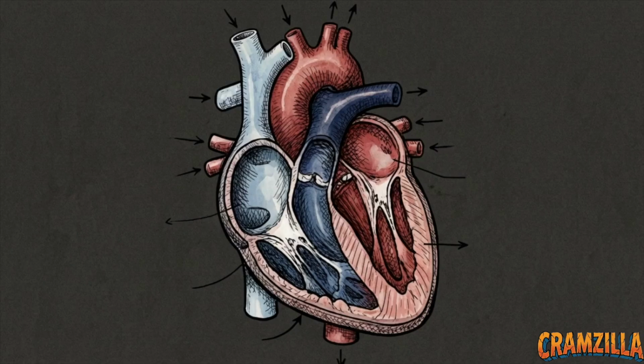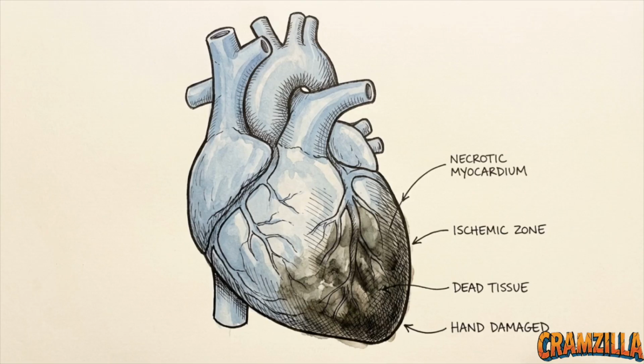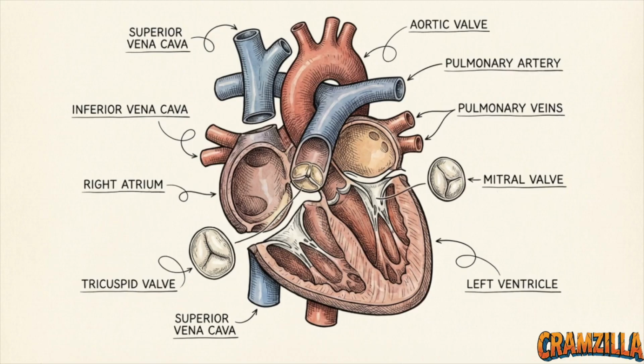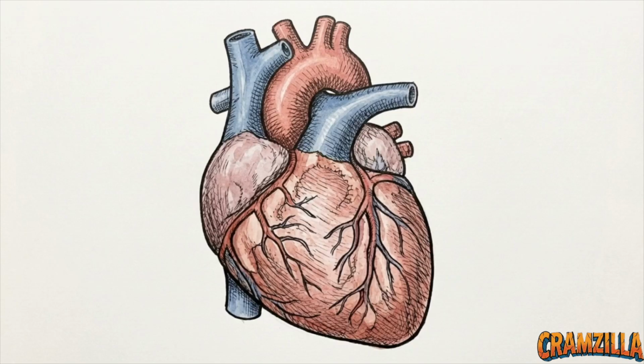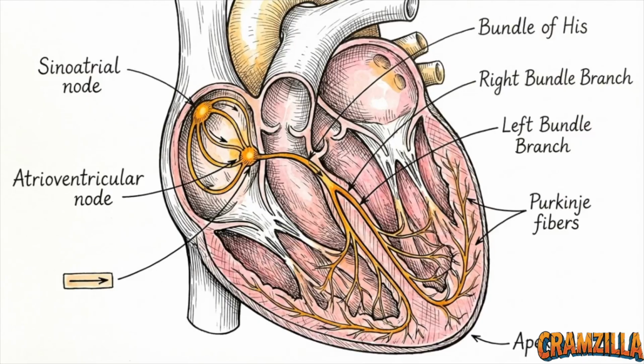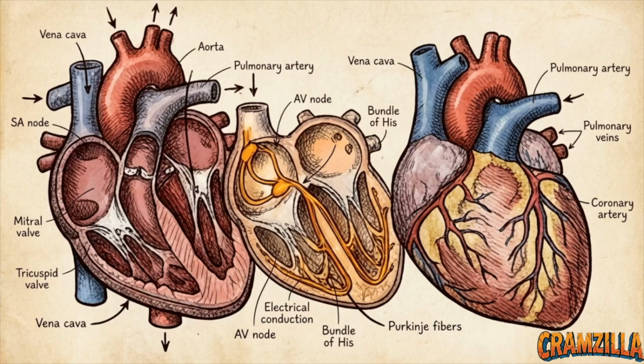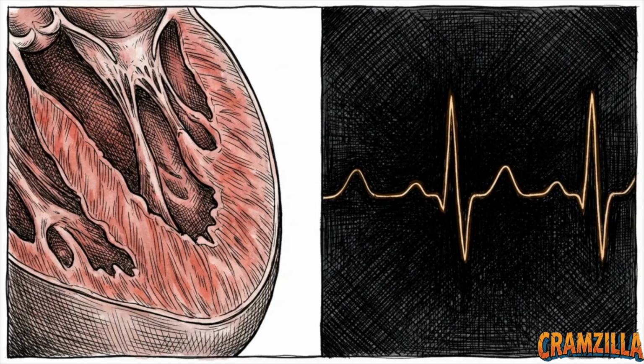To understand how the heart sustains continuous perfusion to the body, and to predict how it fails during ischemic events, we must construct it from first principles. We will assemble this engine step by step. We will map the physical structure, install the electrical grid, route the vascular fuel lines, and observe the system in motion. The mathematics of cardiac output only function if the physical barriers and electrical pathways of this architecture remain perfectly